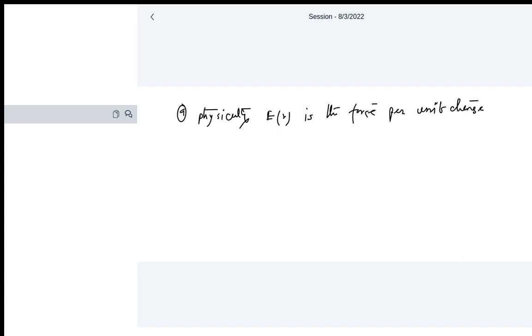Okay, so physically E is the force per unit charge. Electric field means force per unit charge, and that force